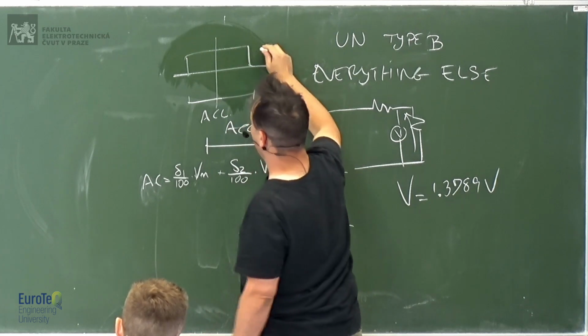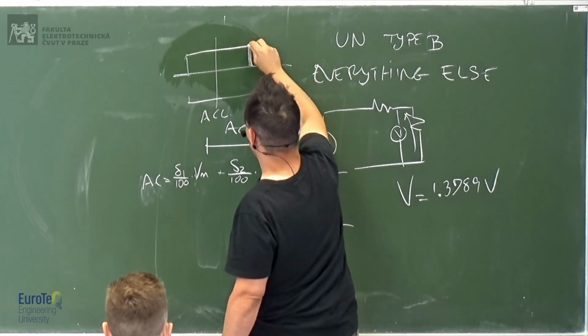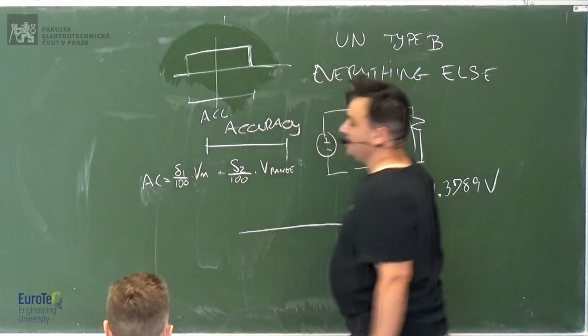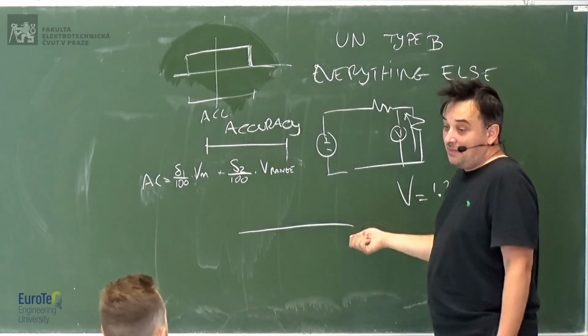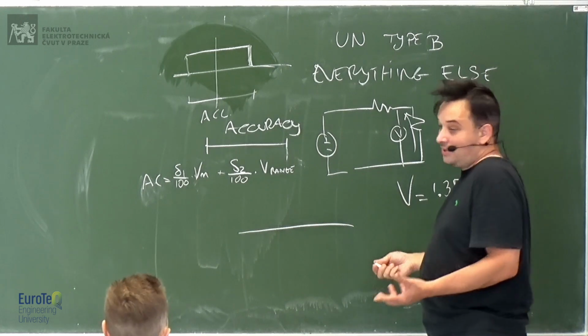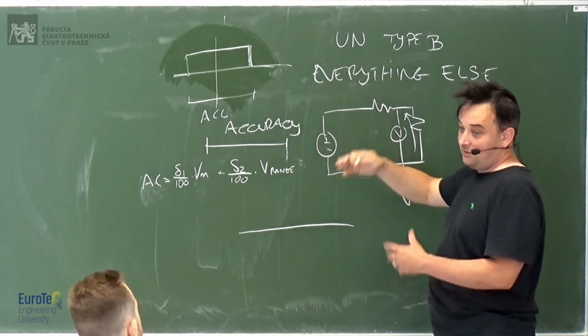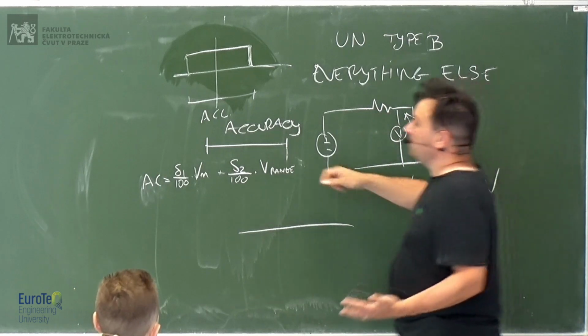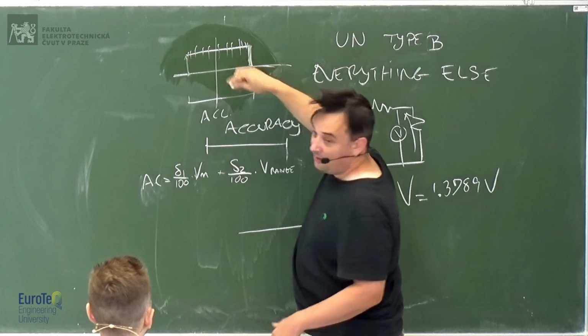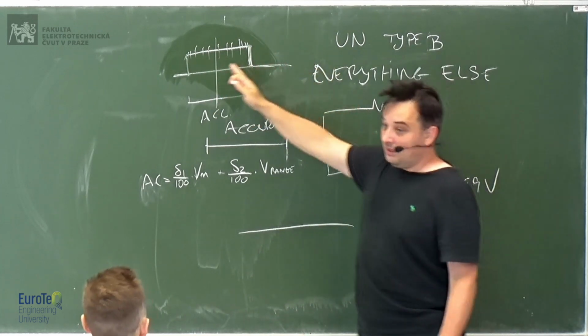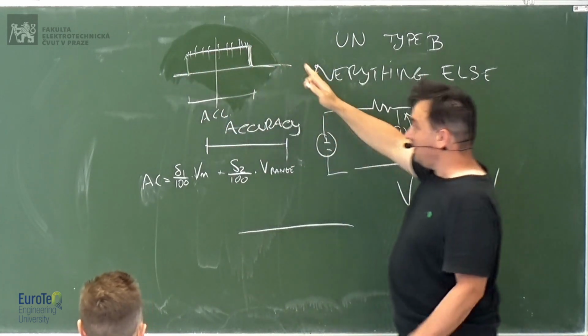And I say, okay, it's constant, okay? And fine. But in this case, one sigma is very simple to calculate, because if you have a distribution which is uniform, what does it mean? It means that you have the same probability to have the value in any point of this range, okay?